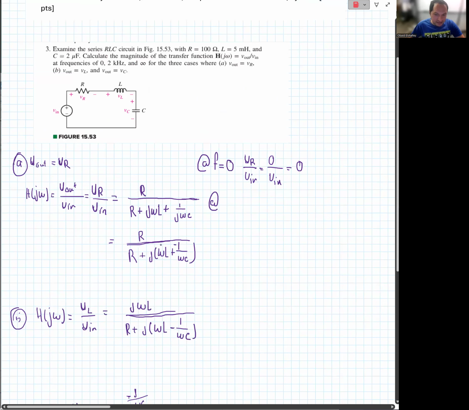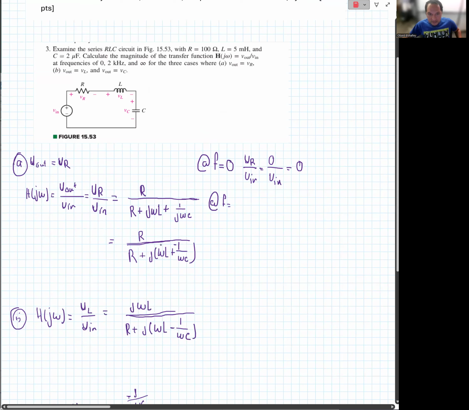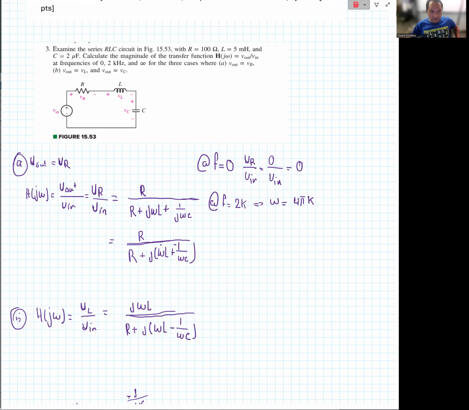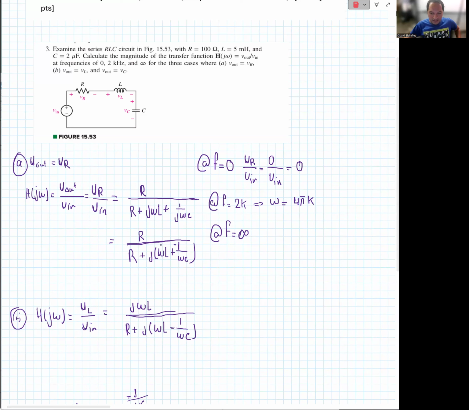In my second case, f equals 2k. So this means that omega equals 4 pi k. So we just substitute the value for omega, substitute the values for R, L, and C, and it's a straightforward answer. For my third case, at f equals infinity, during the class,